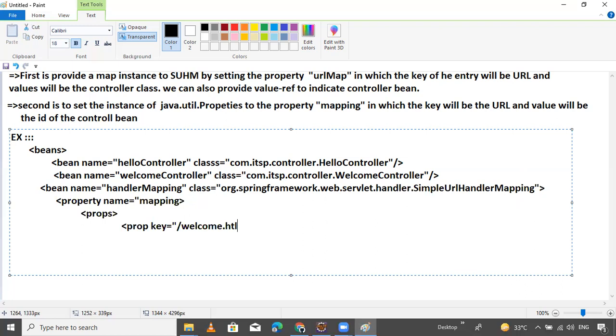You can provide HTML or STM, anything. STM is nothing but a shortcut name of HTML, guys. And provide the welcome controller. Prop is closed. And next we have prop key equals hello world, hello.stm. Every time we are using STM.